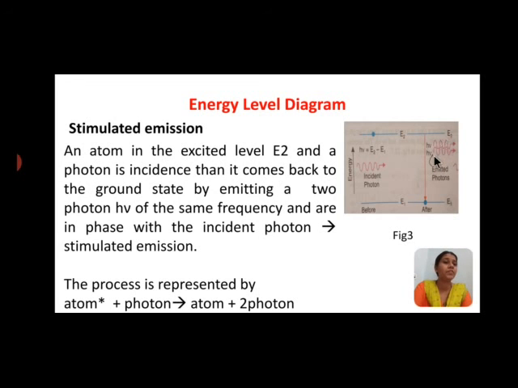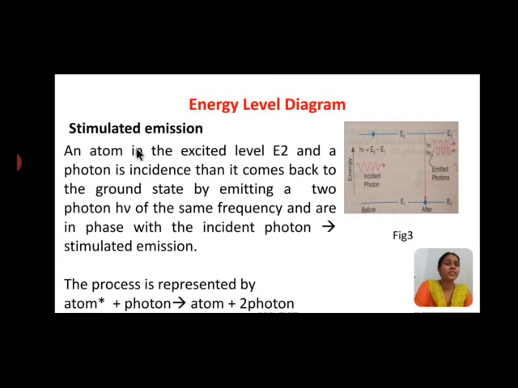When you observe those photons, they are of the same frequency. You can observe here that they are in the same phase. Here it is moving in the upward direction, and this one is also moving upward. Again downward, it is the same phase. The wavelength is of the same phase, and they are moving in the same direction. They are not moving here and there as in spontaneous emission. So in stimulated emission, they are highly directional, highly monochromatic, and coherent.